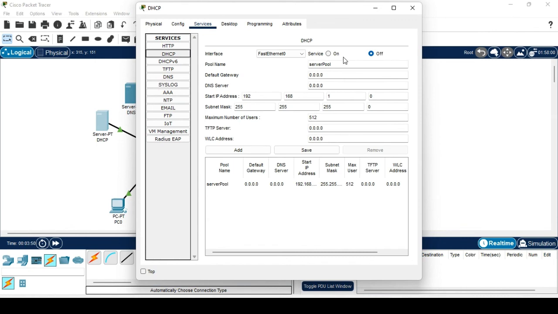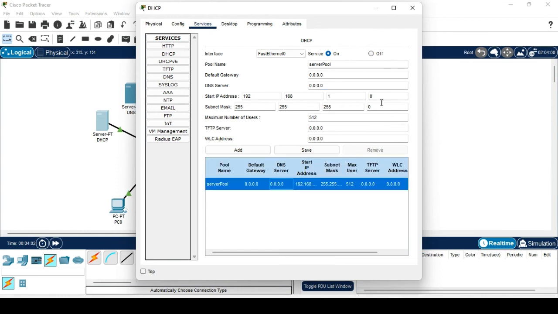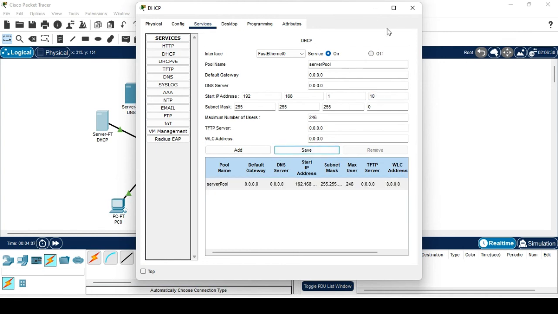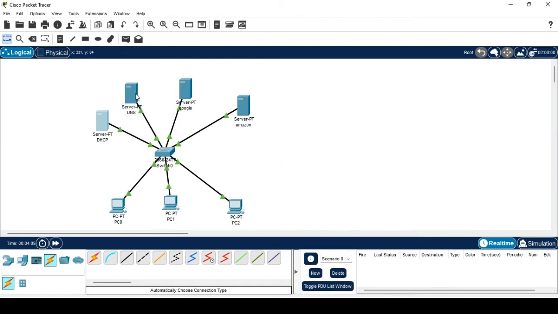then enable this DHCP option, and you have to enter the DNS server IP address 192.168.1.2. The next, you can assign the starting IP addresses 10 and then click save. Okay, it's saved. The next, you have to